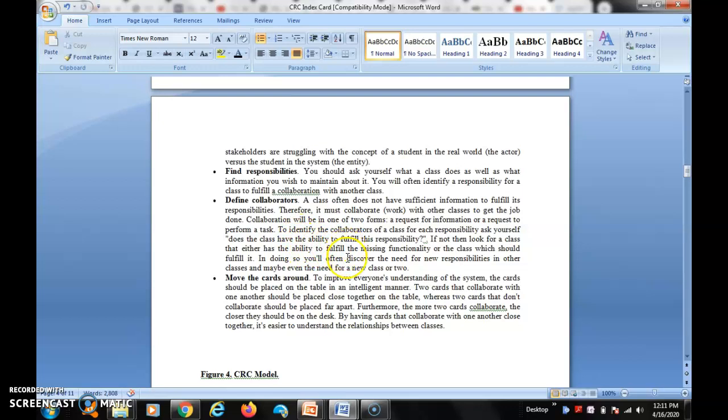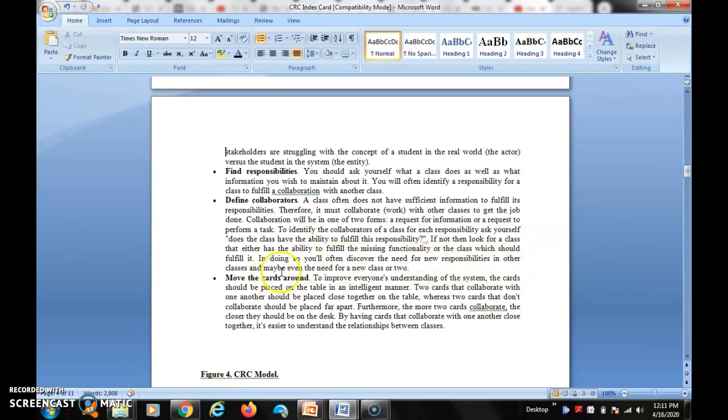To identify the collaborations of the class for each responsibility, ask yourself, does the class have the ability to fulfill the responsibility? Then look for the class that either has the ability to fulfill the missing functionality